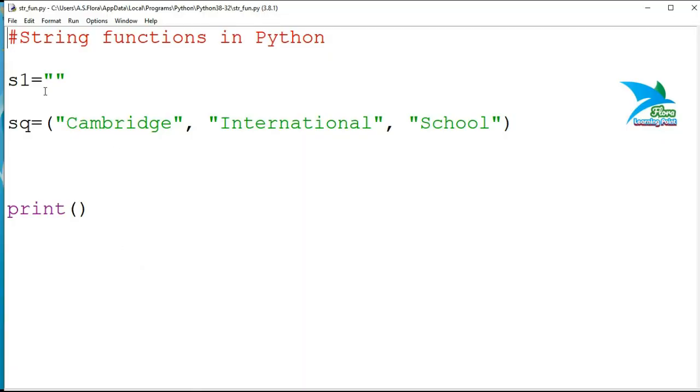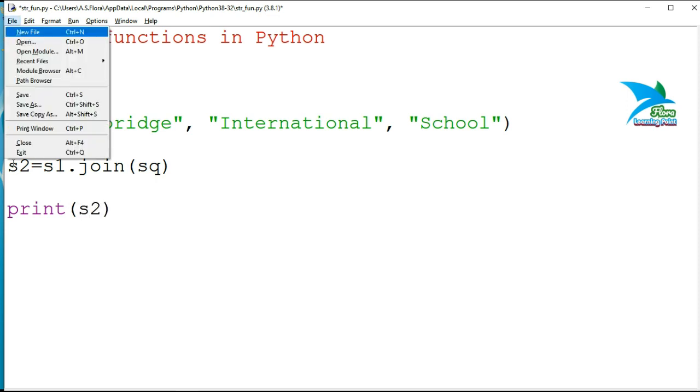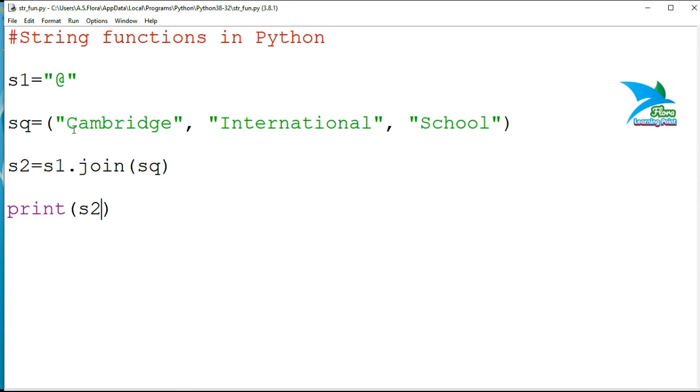So let's demonstrate how we can use this function. So here we have a sequence containing all those elements, and next I will store a character inside that string. I'll store the at-the-rate symbol, then s2 equal to s1 dot join sq, the name of that sequence, or you can say list, and I'll print the value of s2.